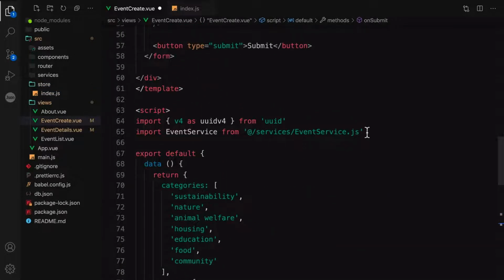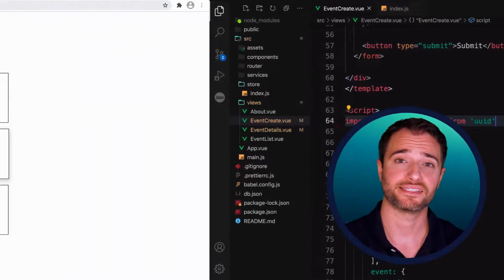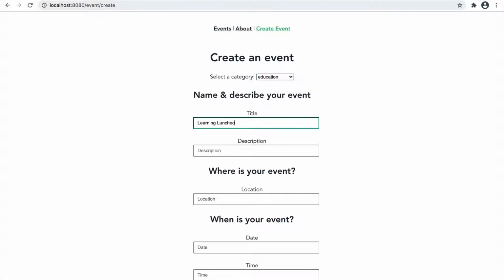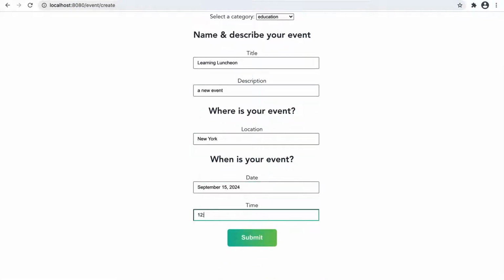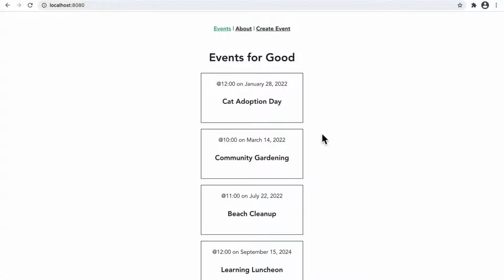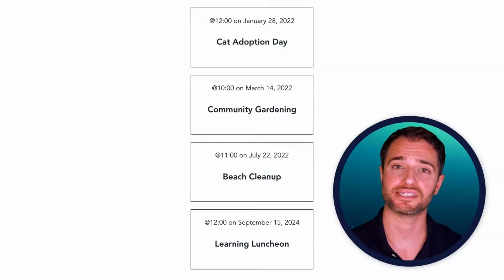We can then delete the import statement for the event service because we're going to be calling all of those event service API calls from within the actions of our Vuex store. Now let's test this out in the browser by creating a dummy event. Now when we head over to the event list, we should see that new event showing up. And there it is. As you can see, we're still successfully creating our events and committing them to the Vuex